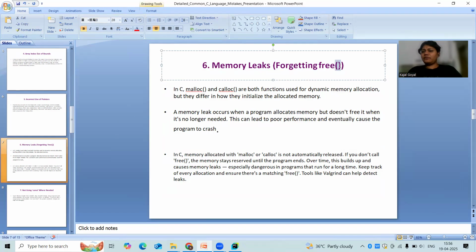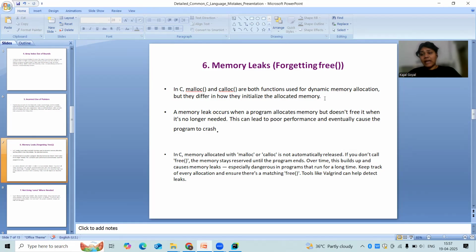That means forgetting freeing up the memory. Okay, so what does this mean? Let's just see. In C, malloc and calloc, both functions are used for dynamic memory allocation, but they differ in how they initialize the allocated memory. So we have some certain functions in C language like malloc and calloc, which are used for the dynamic